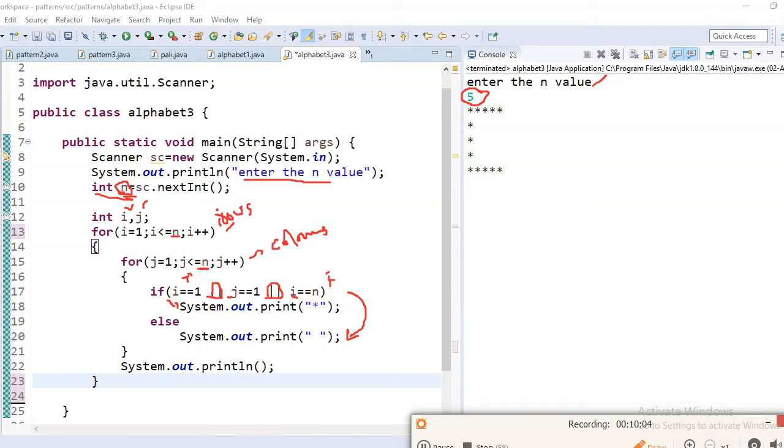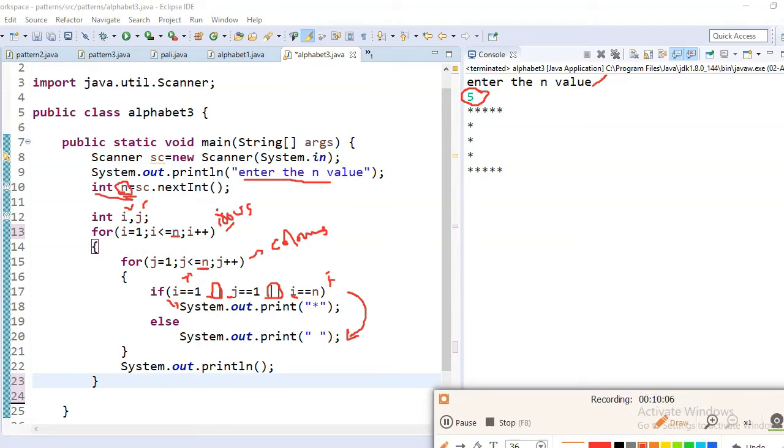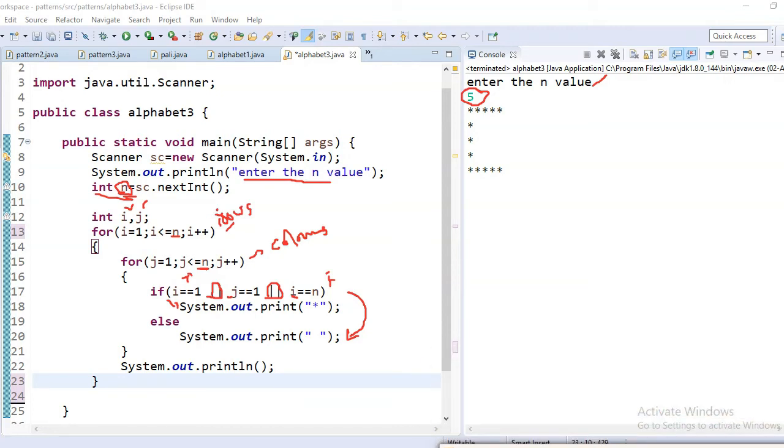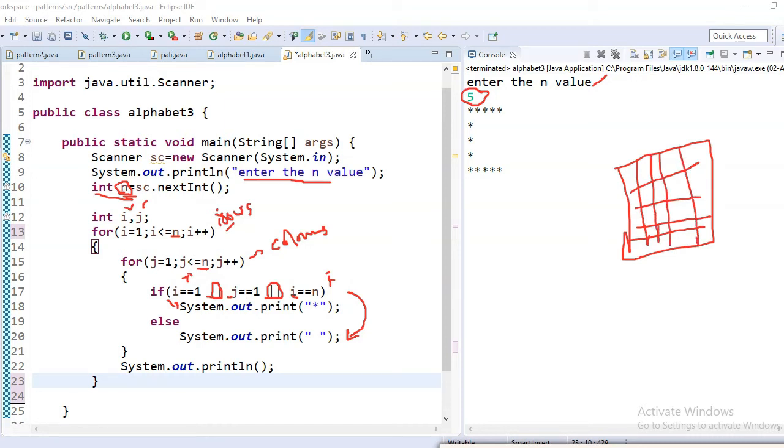That means this is my row. Take this one: 1, 2, 3, 4, 5. This is for rows, and this is for columns now.